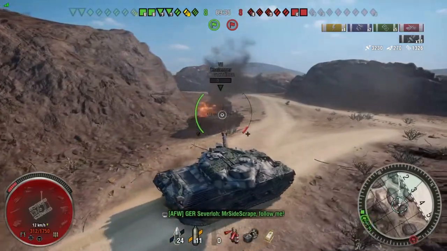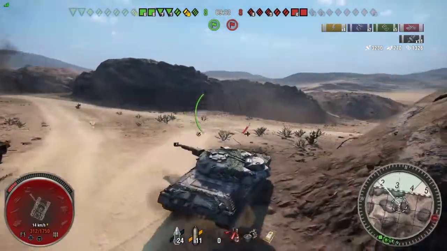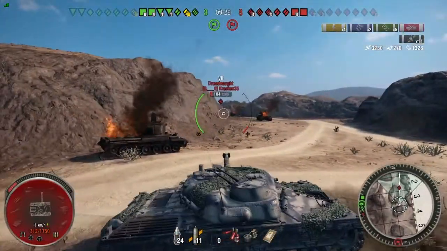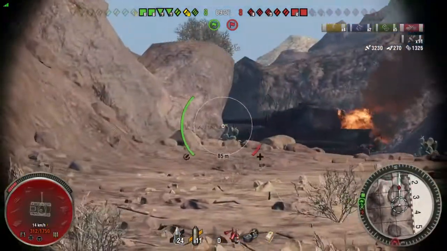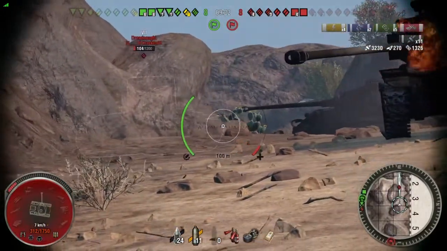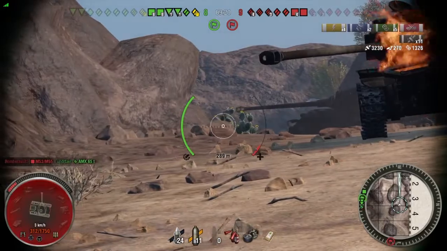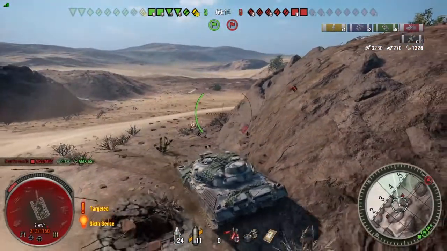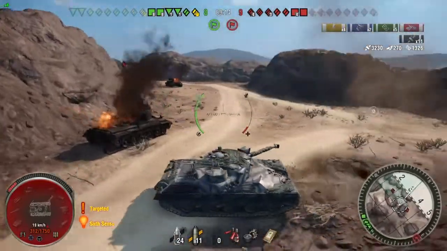A teammate on our team tells me to follow him, but I kinda don't want to move from this location. I'm trying to play cat and mouse with these guys. Now I spot the Dreadnought without getting spotted myself, and I'm waiting for him to come get a shot at me, but he doesn't. Now keep an eye on my mini-map. T-54 comes in, I spot him on the mini-map, and now I'm backing up. The Dreadnought comes round and misses me,